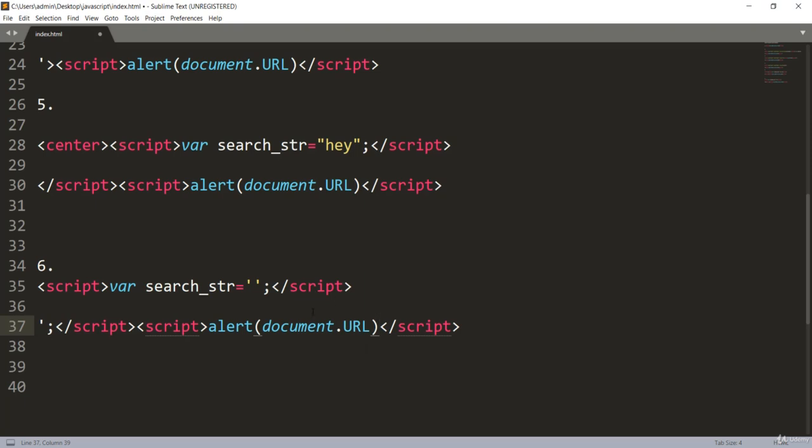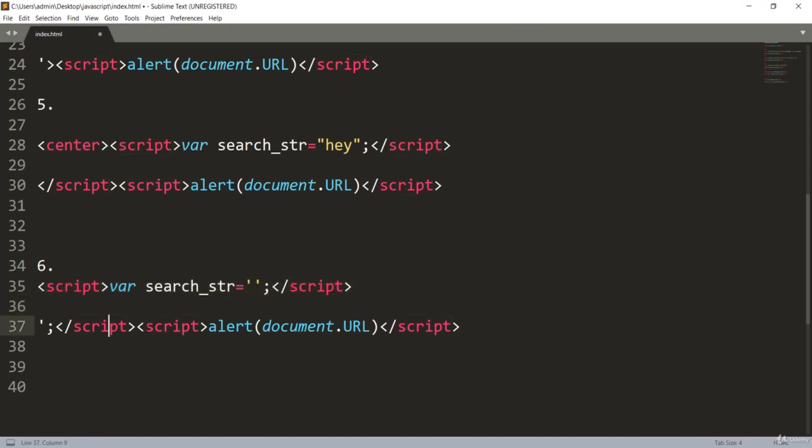So you could see what we just did over here was we made an empty variable with this quotation and the semicolon. After that we just execute our payload from here, but before that we have to close this script tag also, because a script tag can't have 2 script tags, because if you work with the opening script tag, it must be closed.